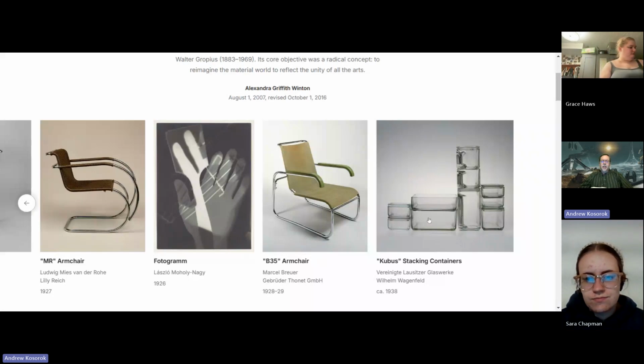And the Cuba stacking containers, right now you can buy a whole selection of these at any IKEA or Walmart or online. Anchor Hocking is one of the brands that's ubiquitous that makes this kind of stuff all the time. But that did not exist. I have almost identical Tupperware to that right now. Yeah, and it's all based on the Bauhaus style design concept, and that's one of the things that I just think is so astounding that we just take for granted today.